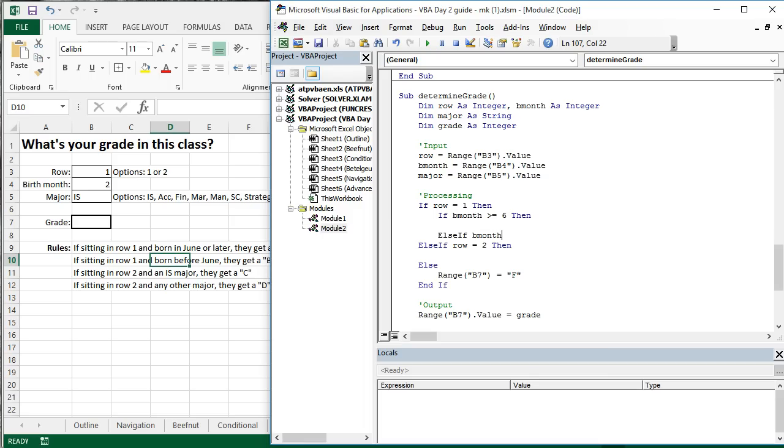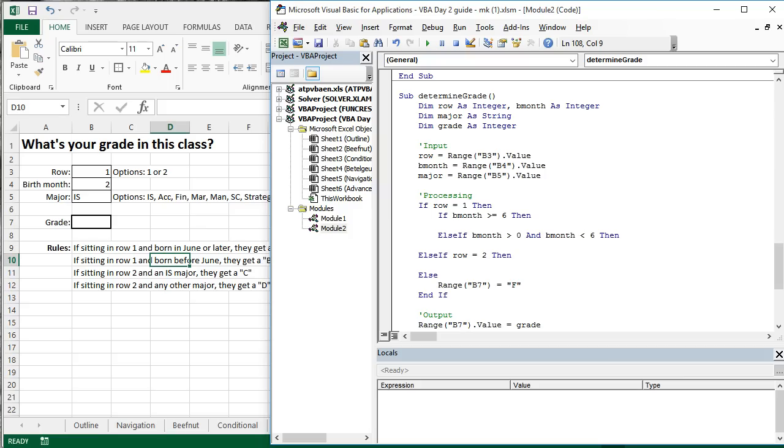now they could enter a negative number, right? Or something else that's above 12, they could enter something wrong entirely. Should we handle all those possible errors? Well, we could. Let's say if B month, now that we've learned how to use multiple criteria on a line, let's say if B month is greater than 0 and B month less than 6, then this is going to be those born from January